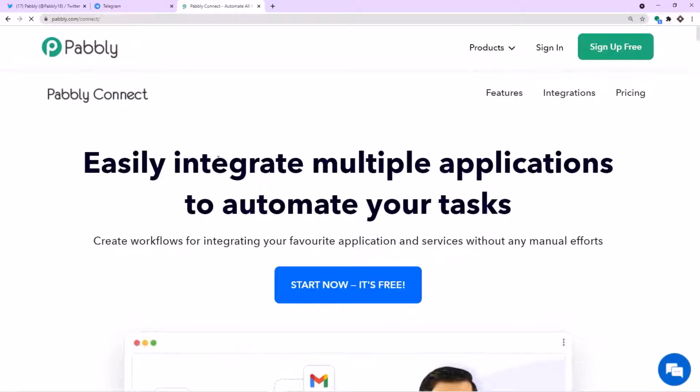Okay, so this is the landing page of Pabbly Connect. All you have to do is click on sign up for free. Here you can create your own account in just 2 minutes. In my case, I have already created an account, so when I click here, I will be brought to the